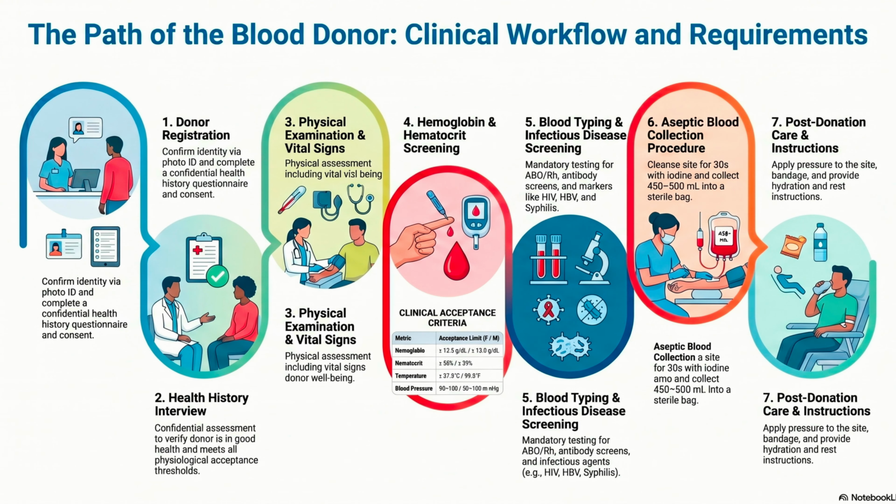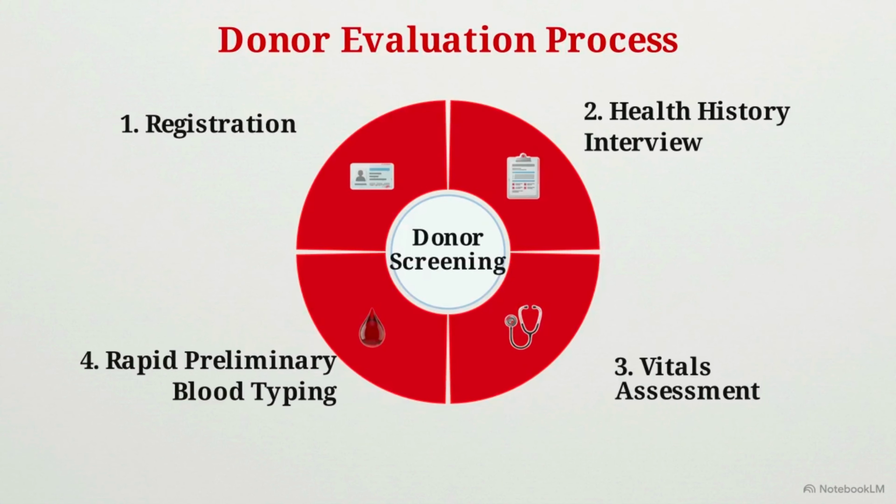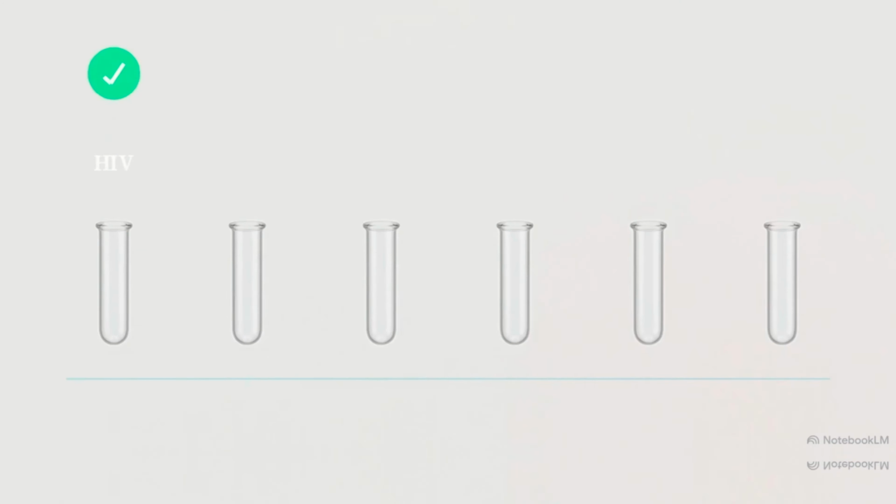Welcome! Today, we will demonstrate the complete 10 step-by-step procedure of blood donor screening and blood collection. The primary goal of blood banking is to provide safe and efficacious blood components for transfusion to ensure both the safety of the donor and the recipient, and every donation must strictly follow a systematic screening, collection, and testing